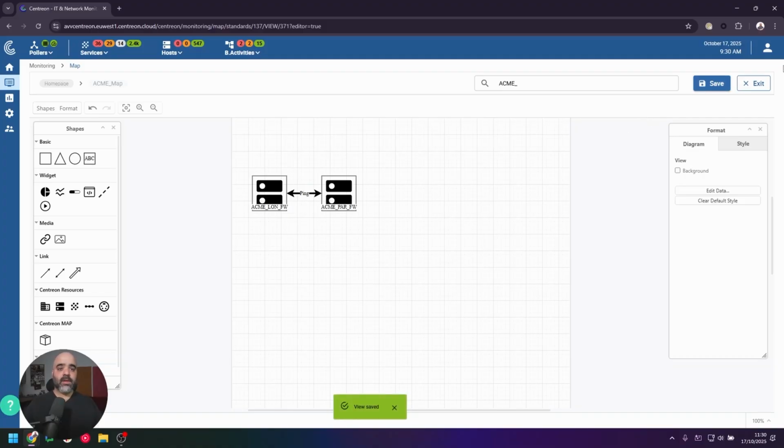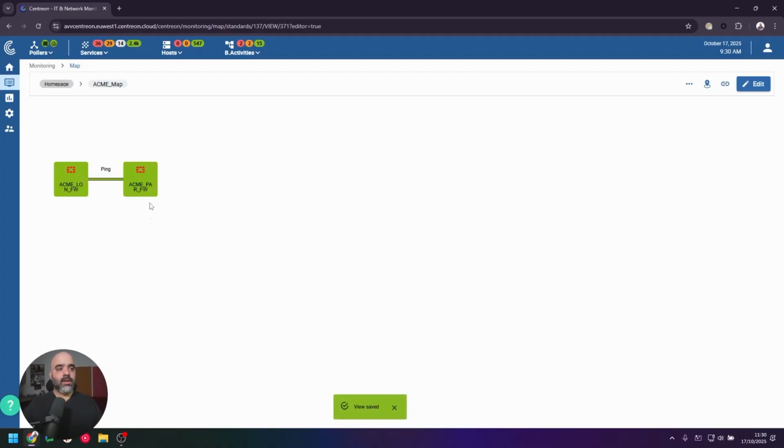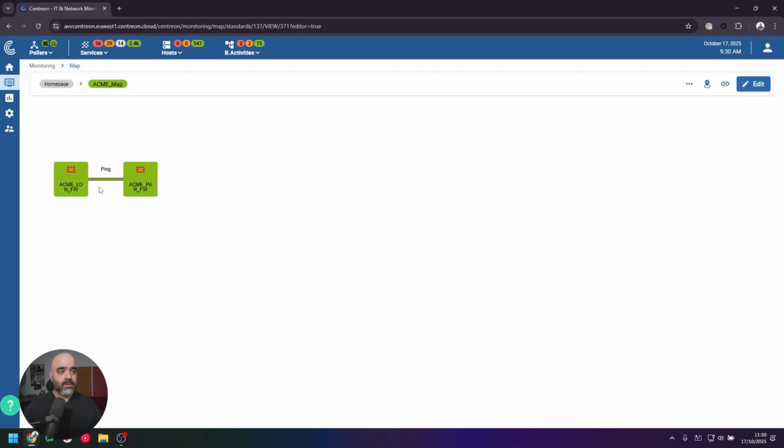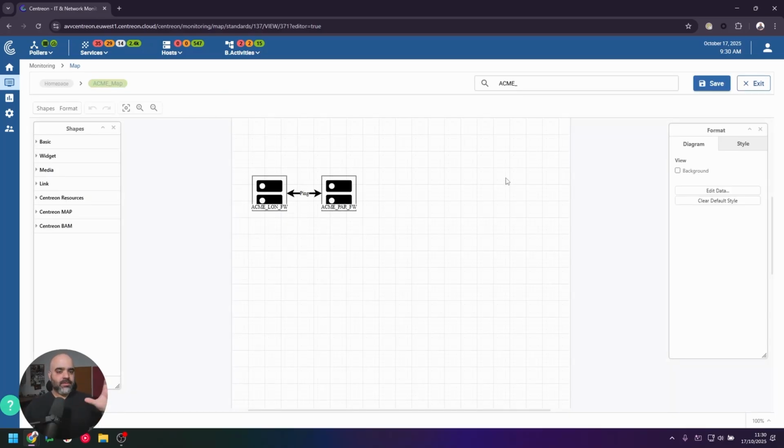So now we save and we exit, and we can see the two hosts, the two firewalls that we have, and the ping connection between them. Perfect, it's a good example. And now let's create another one. Let's create another type of view,